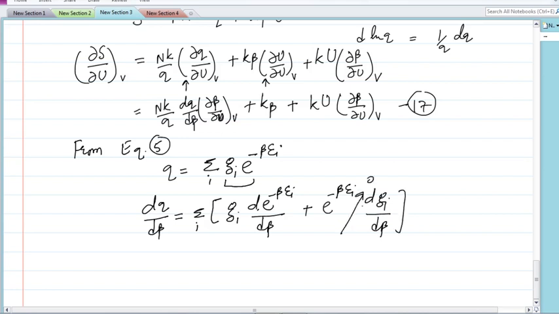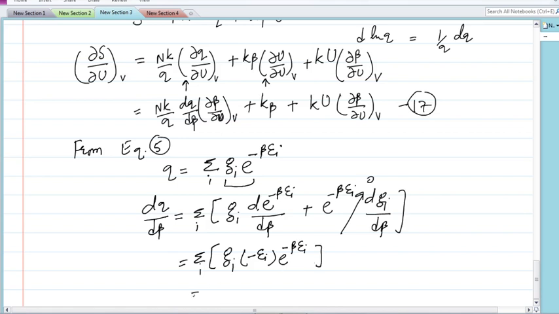This will be equal to 0, because it is a constant with respect to beta. Now the remaining term can be written as summation over i of gi, and the differential of e raised to the power ax will be a times e raised to the power ax. You can use that function here also, so it will be minus ei times e raised power minus beta ei,